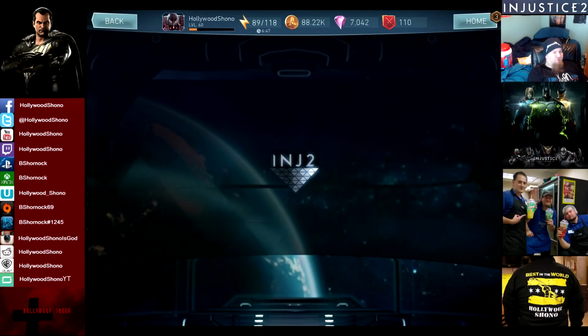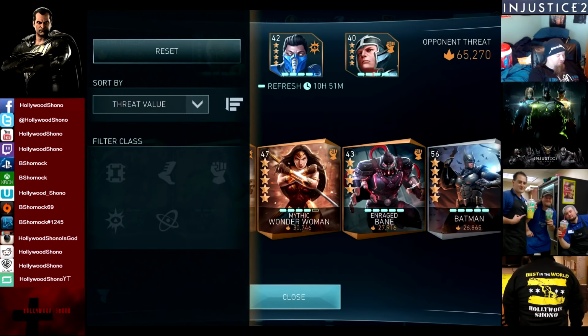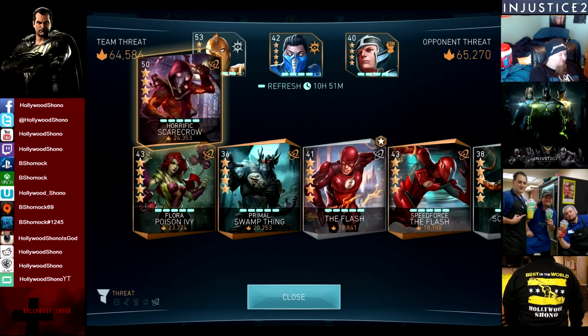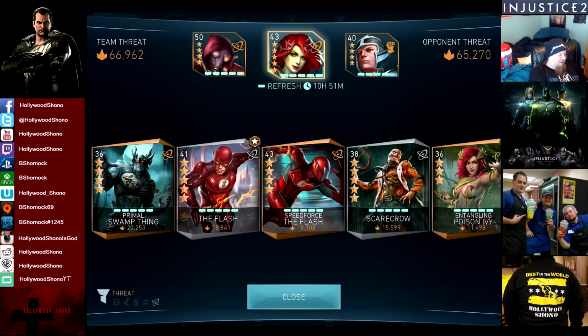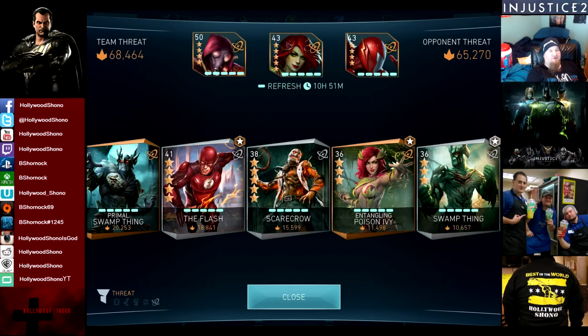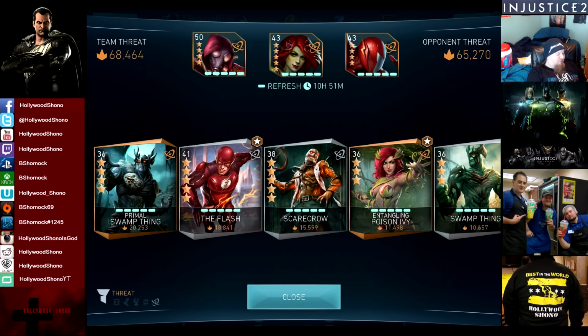So next up, we're going to show off 7, 8, and 9 on my list, and that would be all metahumans. So 3 metahumans on the list that I think are definitely high tier value is Horrific Scarecrow, Flora Poison Ivy, and Speed Force the Flash. Silver Flash obviously is really good because his special 1 can cause 20% area damage, but the other cards, obviously